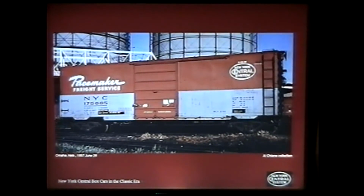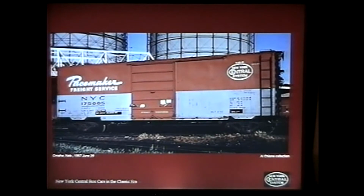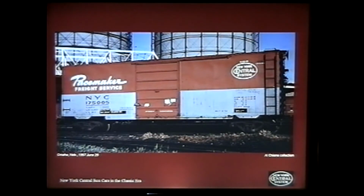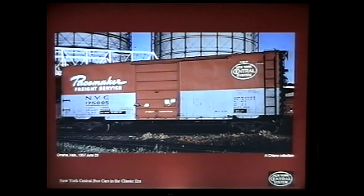And I think that was Pullman Standard trying to promote features they were trying to sell to the railroads, which included the cushion underframe and some other more esoteric features. And I believe trying to get them to go to the wider door, because 8-foot doors on a 40-foot car were not too common in '54. So I think rather than New York Central going to Pullman Standard and saying, hey, we want 25 cars with special equipment, I think Pullman Standard went to New York Central and said, how would you like to try out